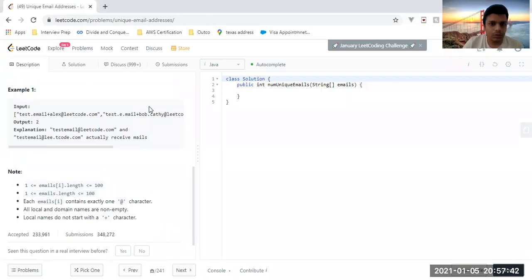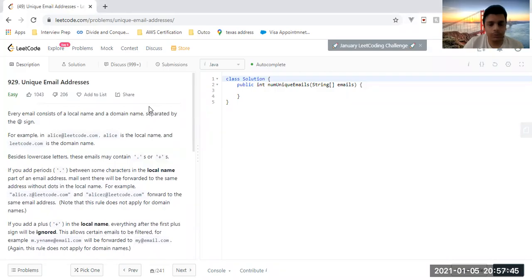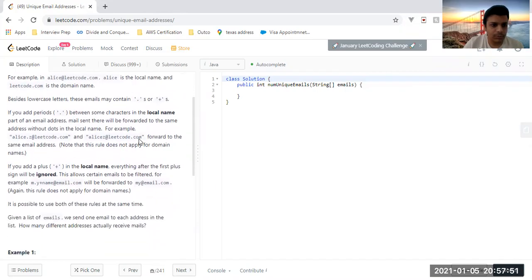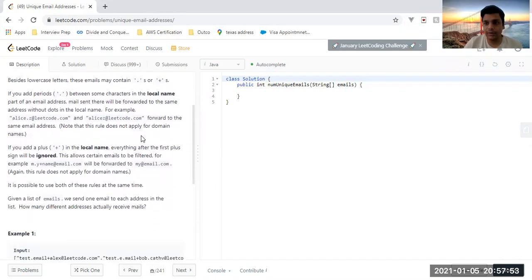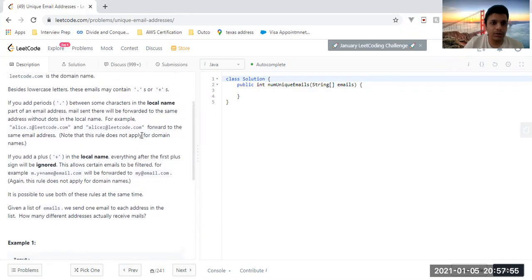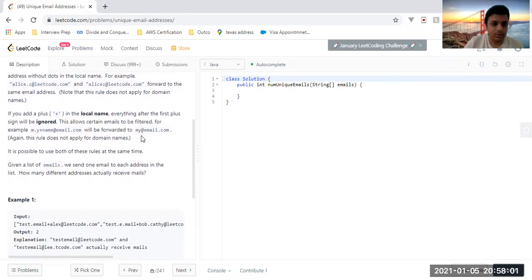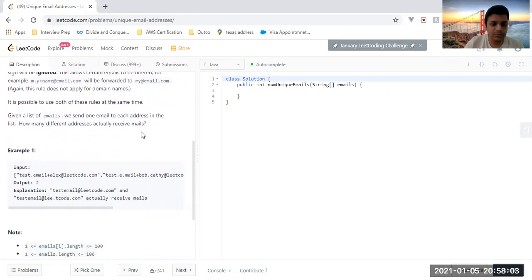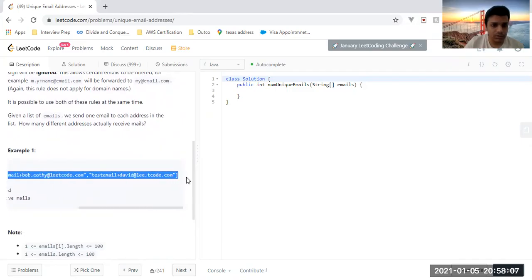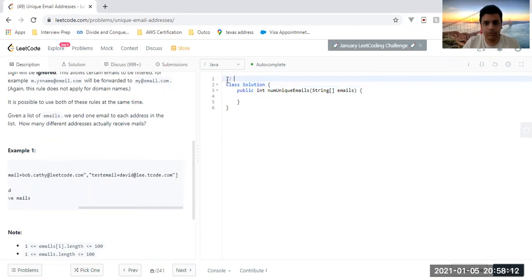Hello everyone. Today we are going to solve Leetcode problem 929, which is unique email address. In this problem we will be given a list of email addresses, and we need to find addresses which are non-repeating. For an address to be non-repeating, they have specified some conditions. Like if we are given an input of, let's say, this particular array where